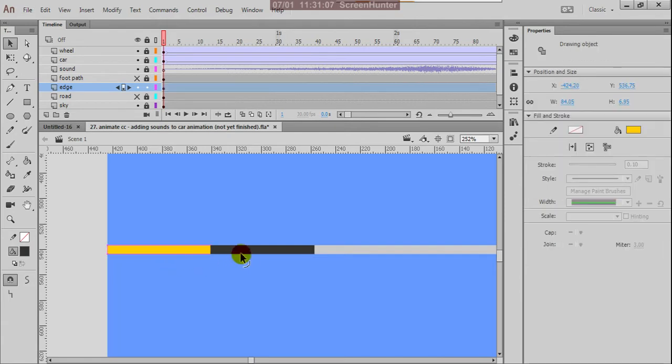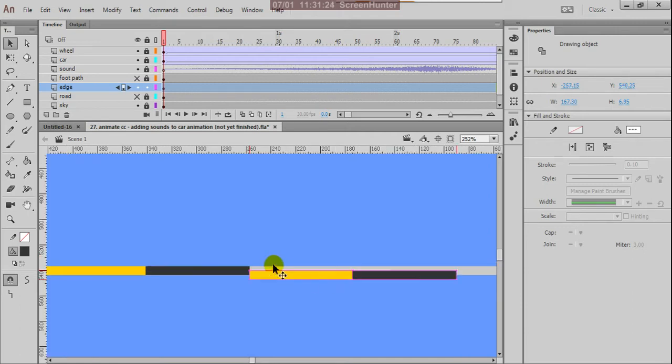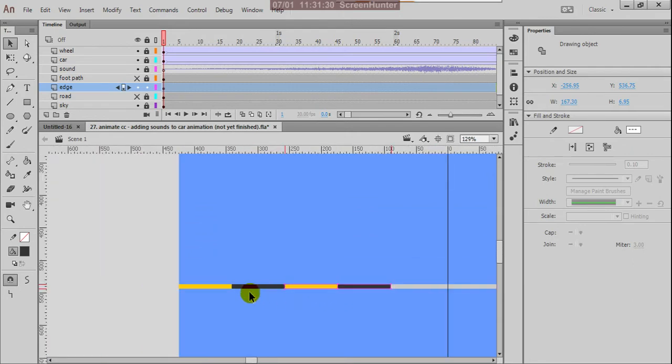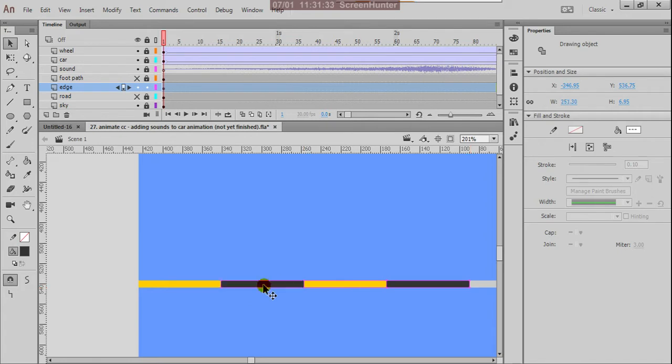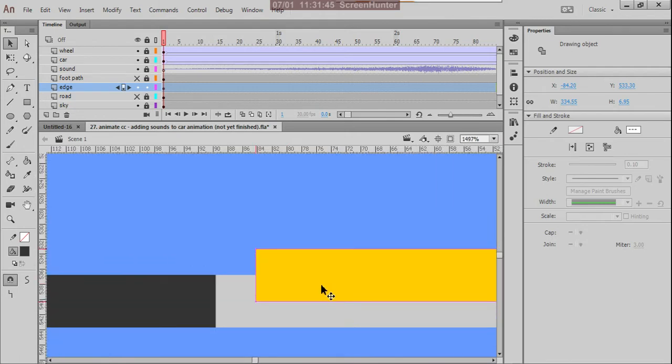Now by pressing Shift you can select these two, press Alt and take a copy of that. Again select these and press Alt to copy, so we are copying to fill this footpath completely.